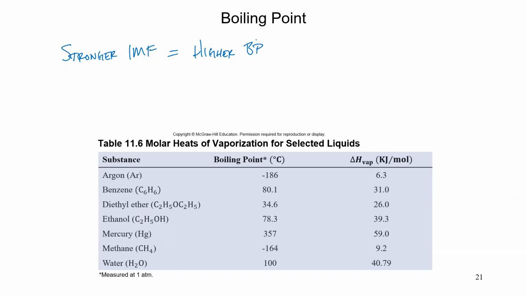And so how do we know what temperature the boiling point really is? We looked at that graph that had energy rather than temperature on the x-axis, but we can convert between those two. How do we know when there's enough of those molecules on the high energy side for it to really be boiling rather than just evaporating slowly? And the answer is the boiling point, so the BP, is the temperature